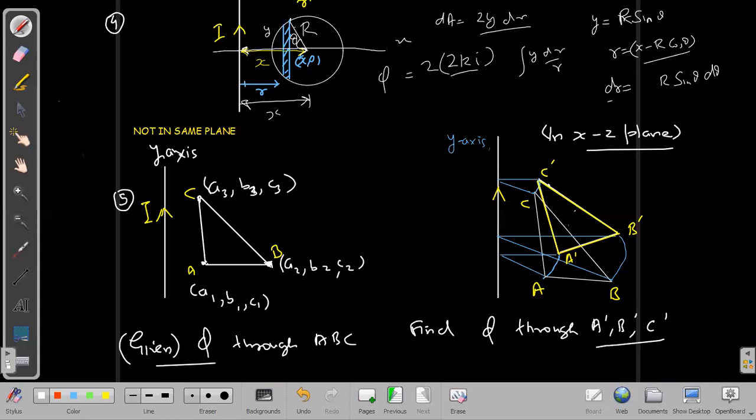dx will become 0, because these three things we have to put in this integral, and then forget the outside part. Outside part is simple only, 4k. Now just worry about the integral, and by substituting these values just get the integral value. Limits of theta you can put from 0 to 2 pi, or you can take 0 to pi first and then multiply by 2. Sir, we already multiplied by 2, sir.